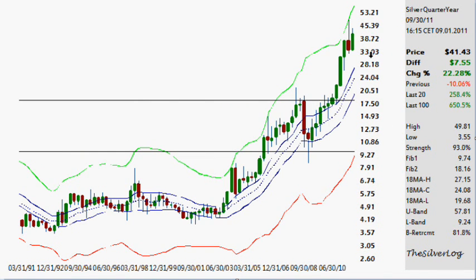Within the quarterly time frame, well above this upper band, a strength of 93% from the lows of 3.55 and the highs of 49.81. But what's interesting is we've already seen just a little bit of a correction within this mark here, though we don't need to find support at previous resistance here at $18. Maybe some might think it's nice, and I think there's many who would not think that to be a nice little thing,